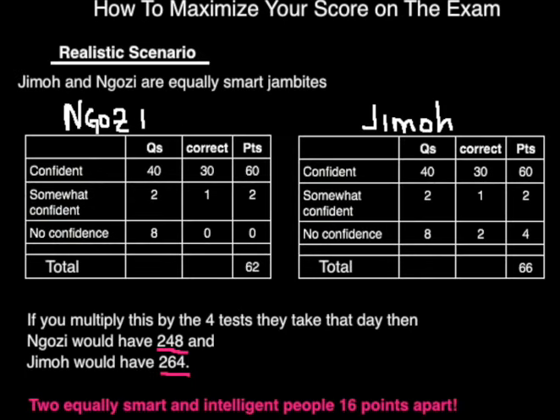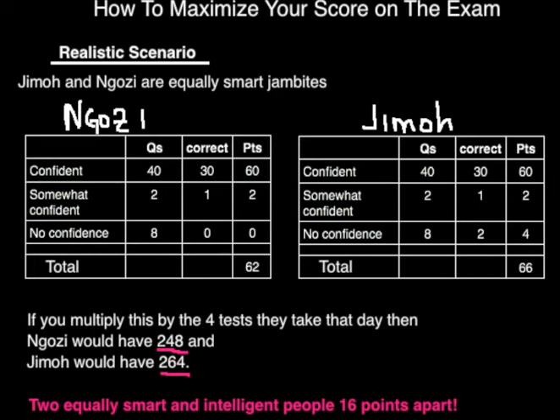Now, before I close, let me portray a realistic scenario to give you an idea of the power of the lessons that I've been teaching you thus far. So let's imagine a scenario. We have 2 people, Jimo and Ngozi. They are 2 equally smart JAMBites. They're going to take 4 tests on their JAMB exam. Let's just say English, physics, math, and chemistry. And on their first test,